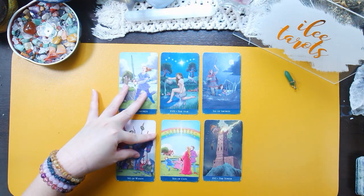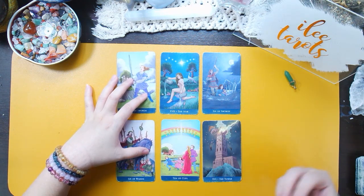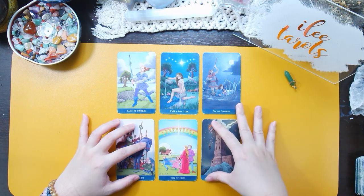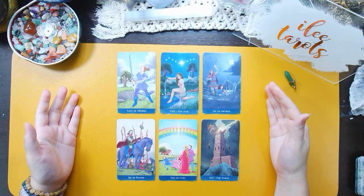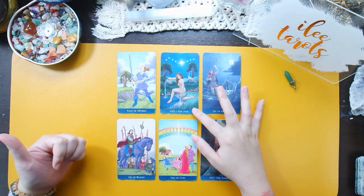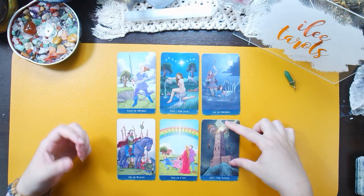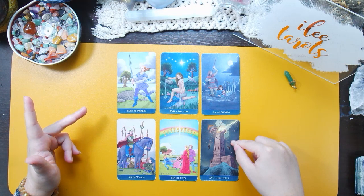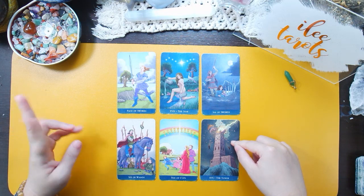So straight up I can see you will be receiving some sort of news that is going to be healing for you, and it's going to kind of change your mindset. All right, it's going to bring you a lot of peace. Okay, I don't know what news it is, but it's going to bring you a sense of victory. It's going to bring you a lot of healing, happiness, helping you move to calmer waters, and I believe there's a mindset shift. There's some sort of spiritual awakening of some sort. Sometimes this can just be translated as a shift of your mindset. Okay,